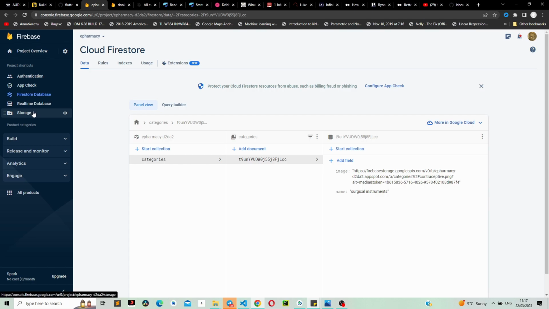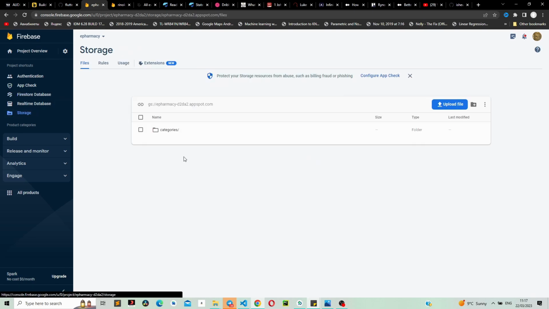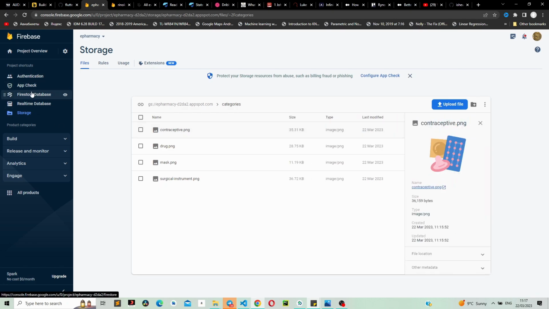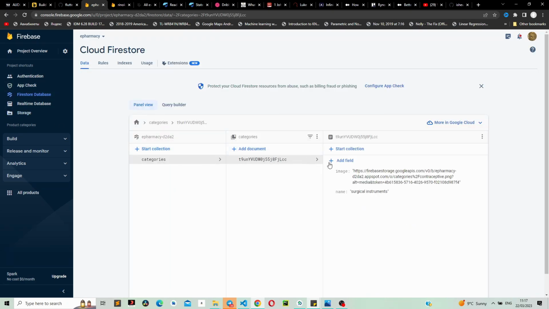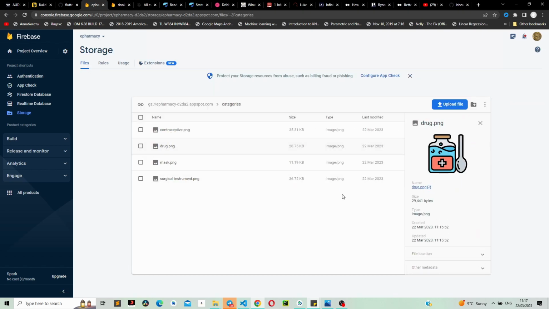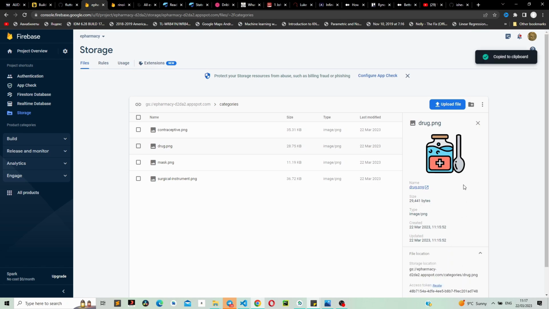So let's go back to our Firebase file storage. I just want to check, it's contraceptive. Okay, so let's go back to our Firebase Firestore, and this should be contraceptives. Let's just update it. So let's go back again into our Firebase storage, and let's copy this access token,